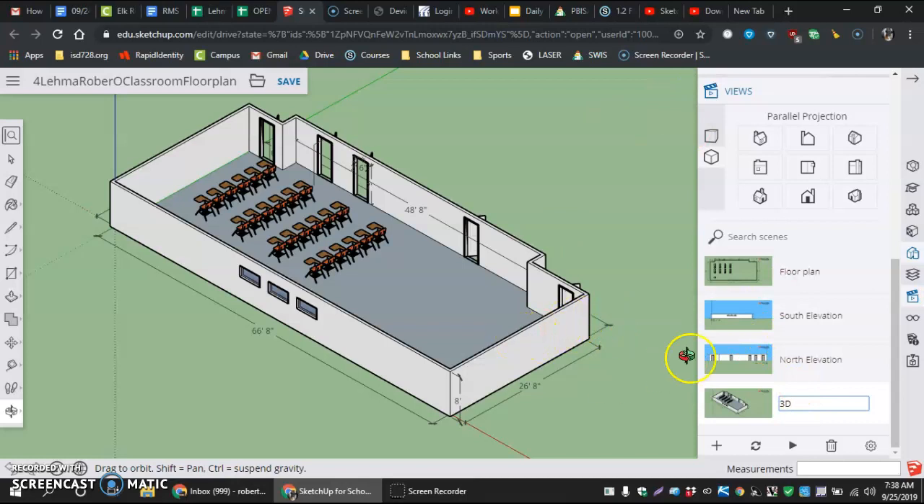project in. Now we are ready to save this on our desktops and then export it, or send it to